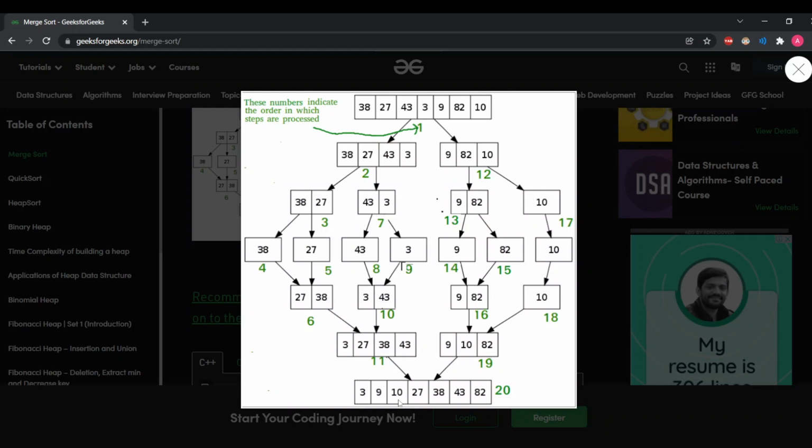As 10 is less than 27, 10 will come first, then 27. The pointer moves forward to 82. Now 27 is compared with 82. As 27 is less than 82, 27 will come first. Now the pointer moves forward to 38. 38 is compared with 82. As 38 is less than 82, 38 will come, then 43, and then we will have 82. In this way, we'll have the resultant sorted array using merge sort.